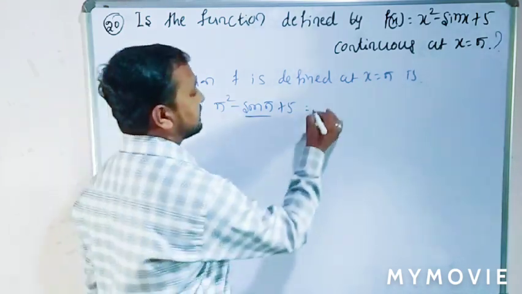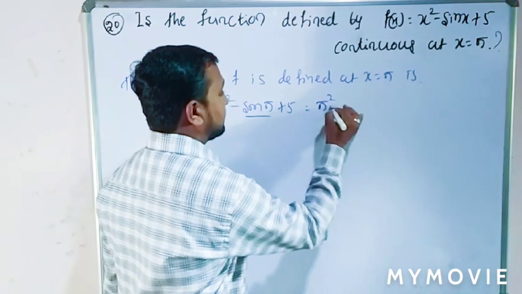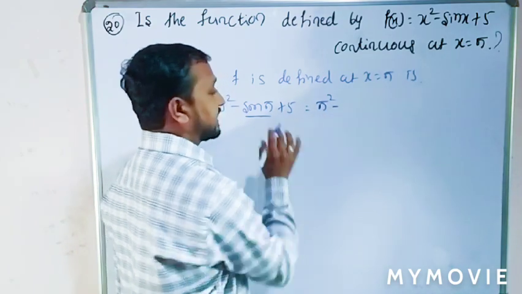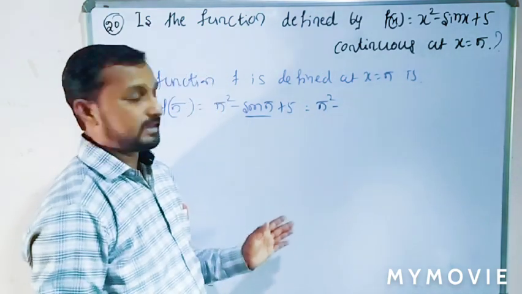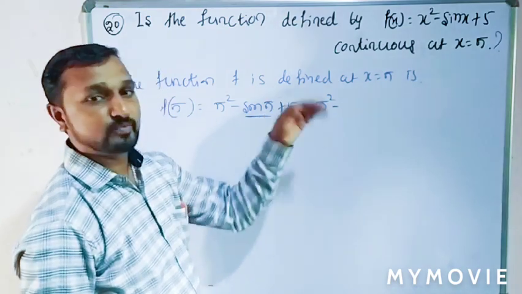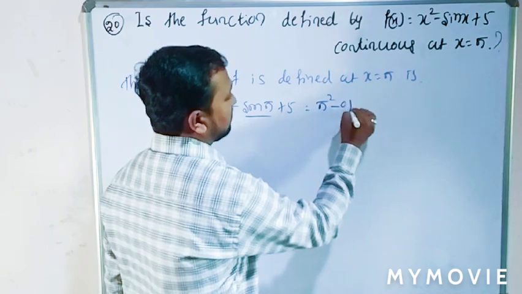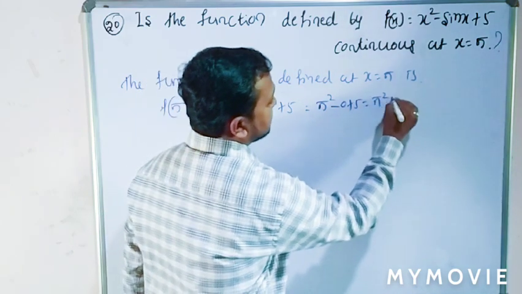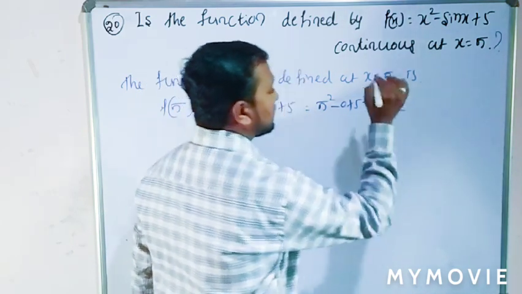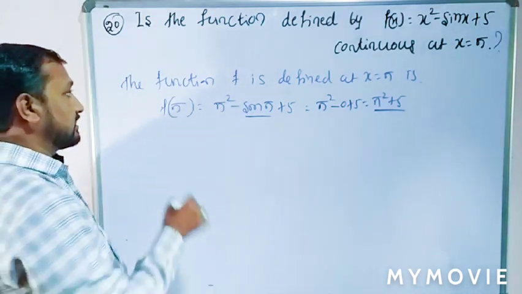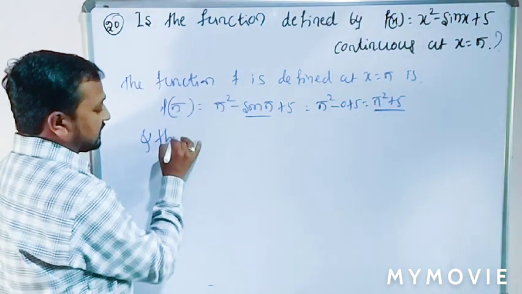Sin pi is 0, since for integral multiples of pi the sine should be 0. So the value is pi square minus 0 plus pi, that is pi square plus pi. This is your constant function. Okay. And the limit function